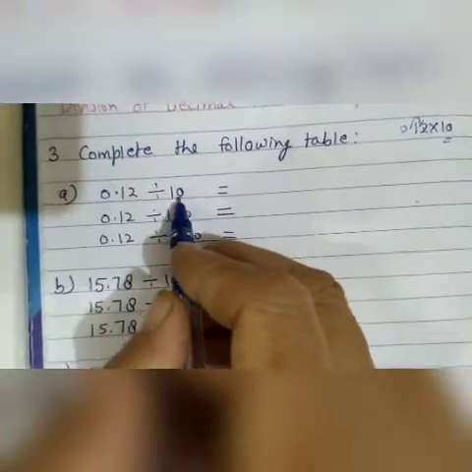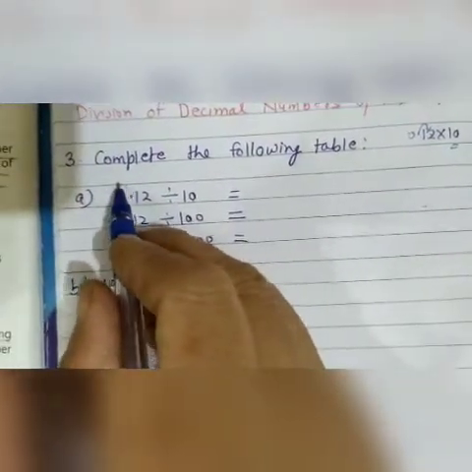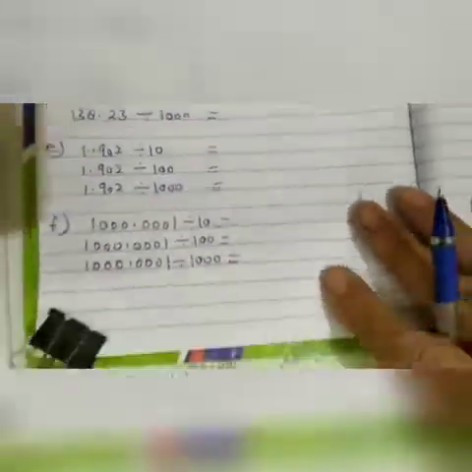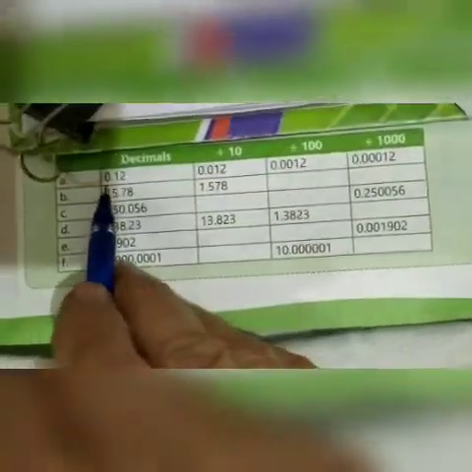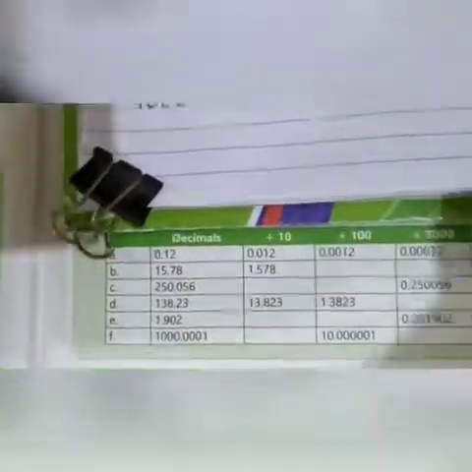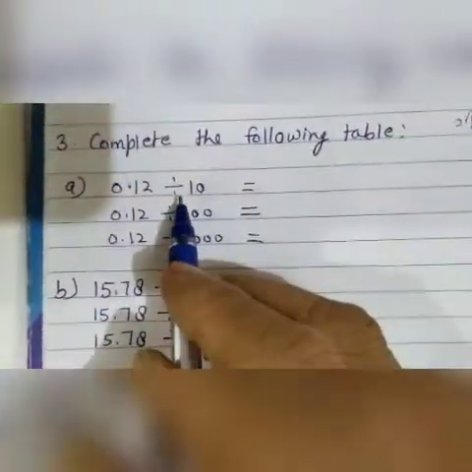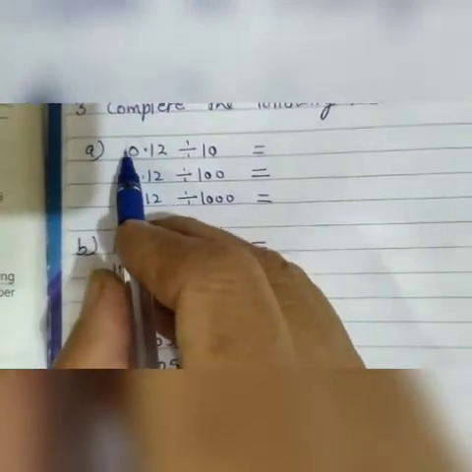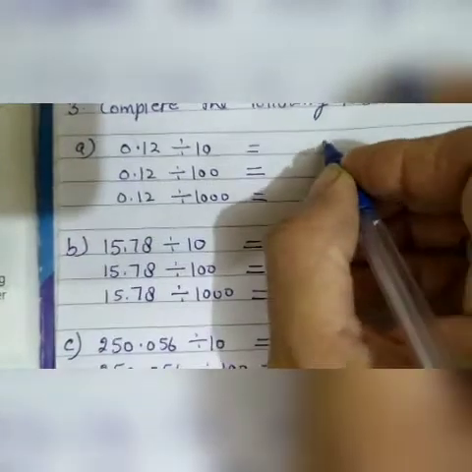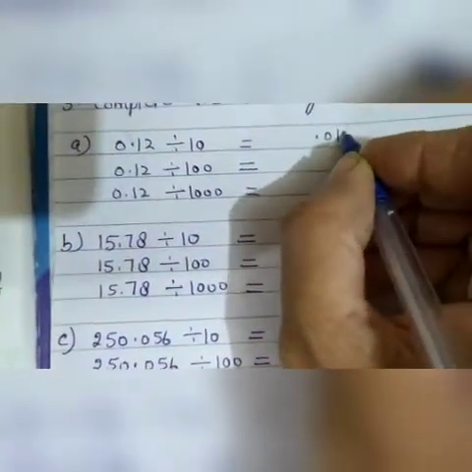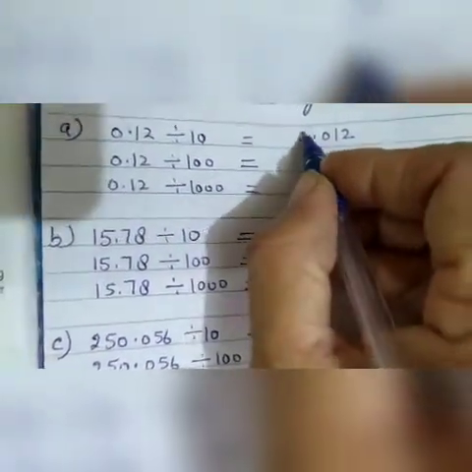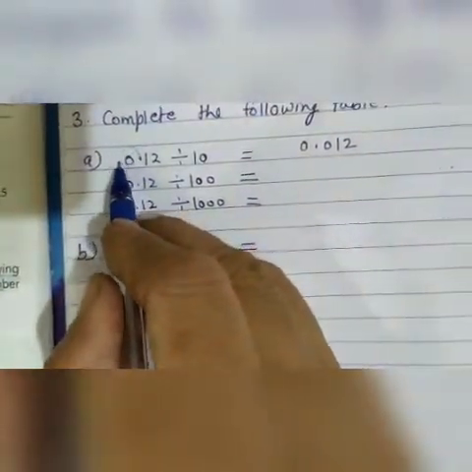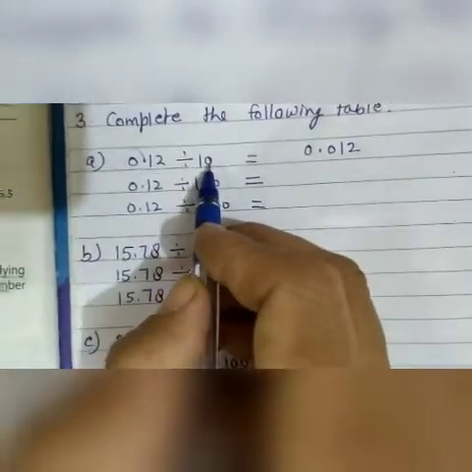जितनी जीरोस 1 के बाद में हैं, ये डेसिमल उतने प्लेस शिफ्ट कर देते हैं. Okay, see here. I will explain here. After 1 there is 1 zero, so we will shift this decimal 1 place this side. So it will become 0.012. We will put 0 again here. We have shifted this decimal 1 place to this side because after 1 there is only 1 zero.